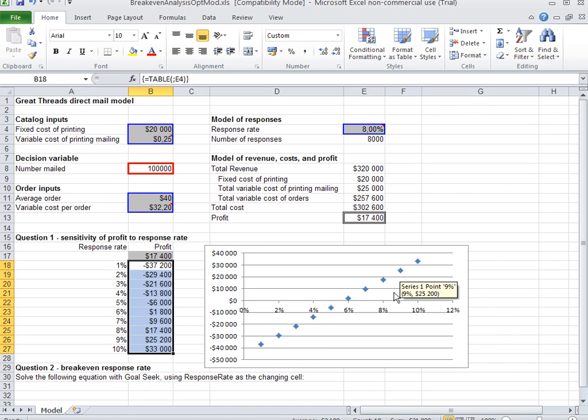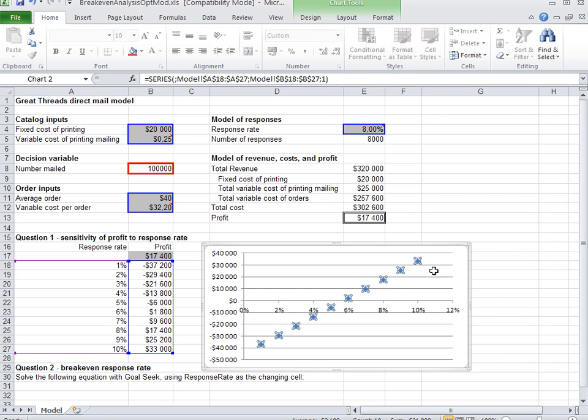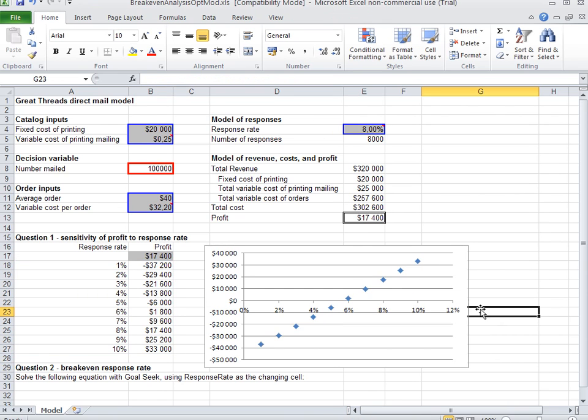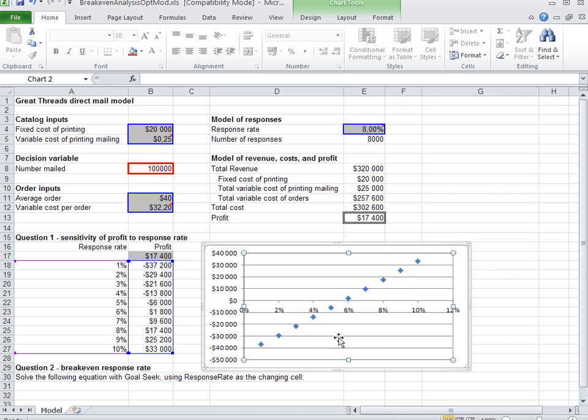Here they are, and what we see is a straight line for the company moving from losses to profits as more and more people respond to our sales proposal. Okay, so kind of a scenario analysis. And the last thing we want to do, we want to know exactly when did we get